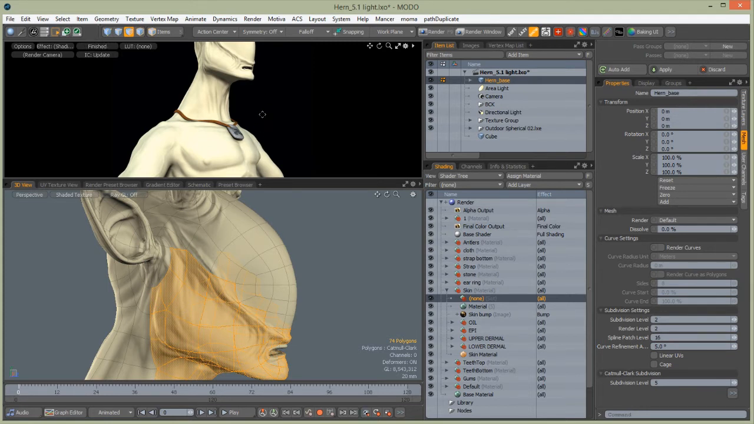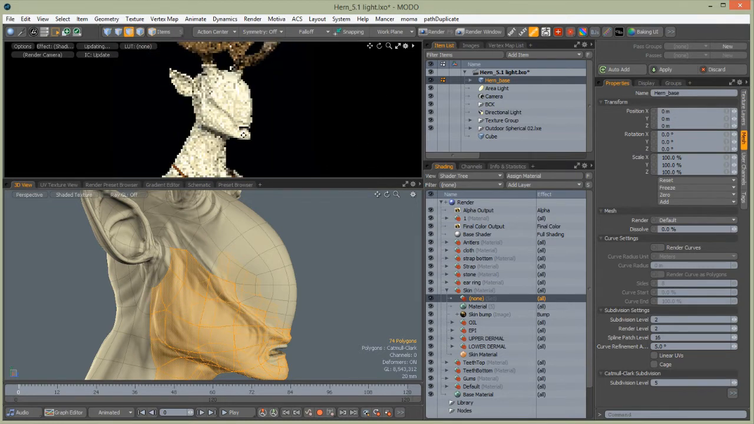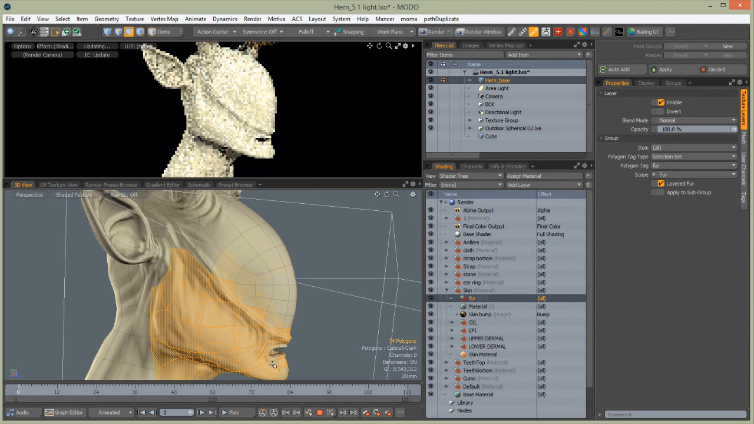And now we can change polygon tag to fur, so it will be visible to all those polygons tagged with the fur tag. And now we need to bring map for that. So I think that the hair should have hair just